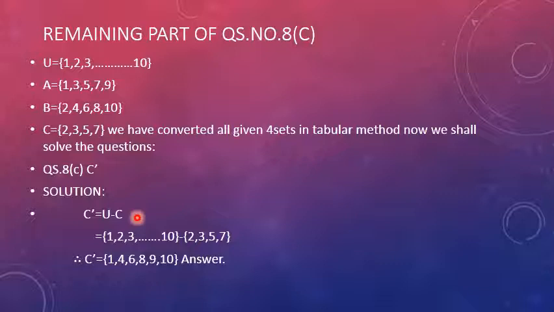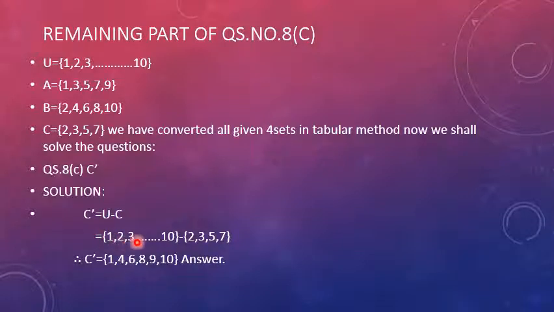Now in question number 8 A, the question is A complement, you have to do it yourself. Then in the C part, C complement is there, just the set builder notation is given. So to show you the steps, I have solved this C complement again. In C complement the same formula is there, C complement equals U minus C, universal set minus C.